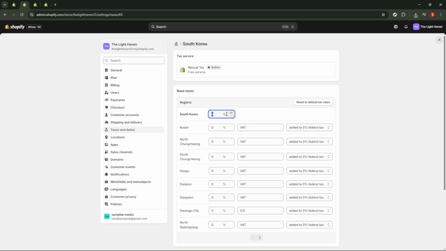Now set up taxes for your selling region. In the taxes and duties page, choose the market or country where you collect tax and open its settings. If you're registered to collect tax in that region, add your registration details such as a VAT, GST or sales tax number and save. Shopify can automatically calculate rates based on local rules, but it needs those registration entries to